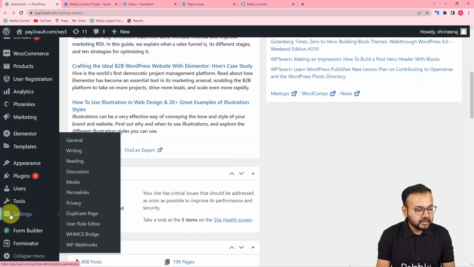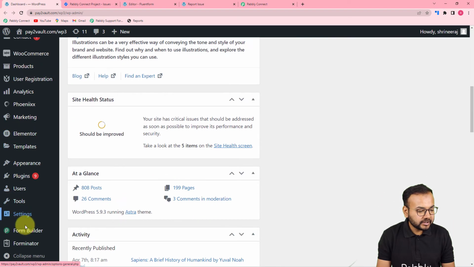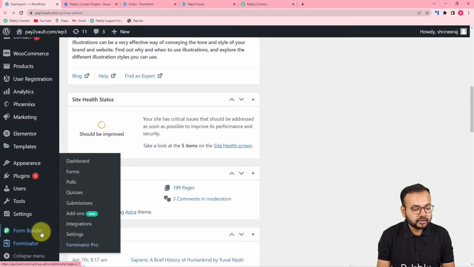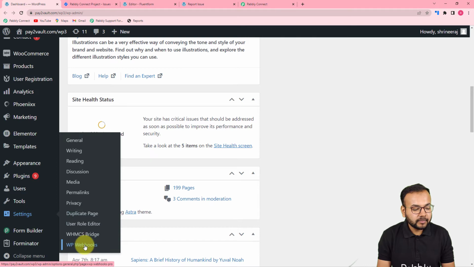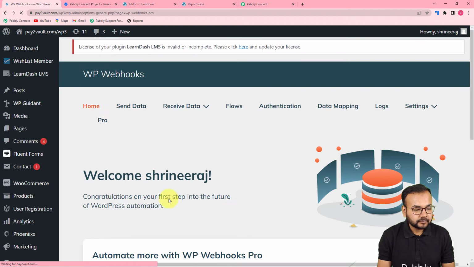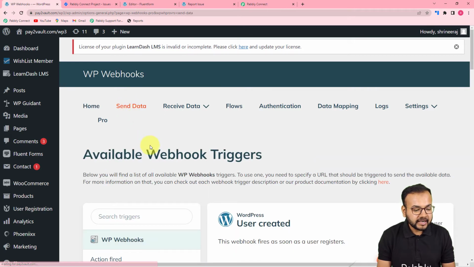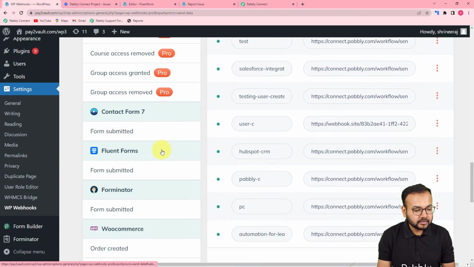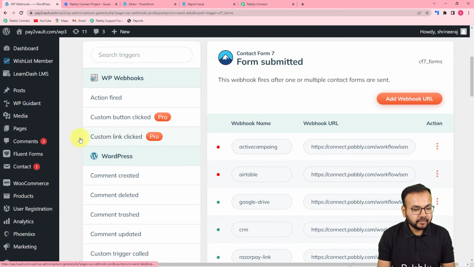and you will find this WP Webhooks option here, guys. Let me show you. When you come to the settings, in the settings you will see this WP Webhooks option. Click on WP Webhooks. Alright, and here click on this send data tab, and under send data you have to search for Fluent Forms. So here is the Fluent Forms,